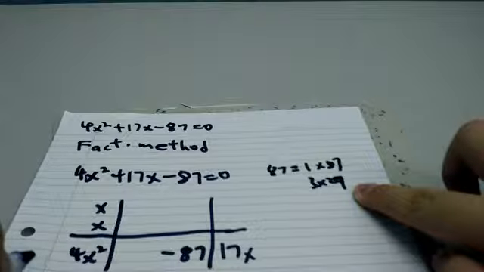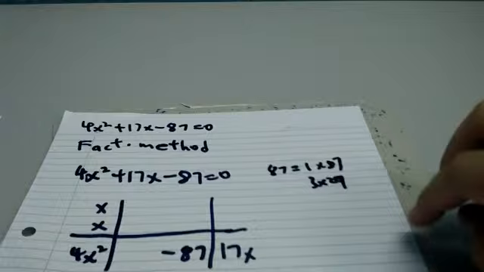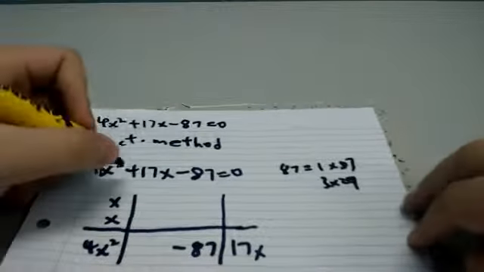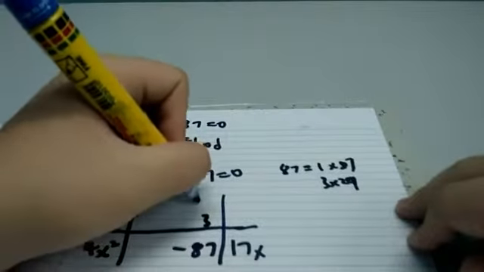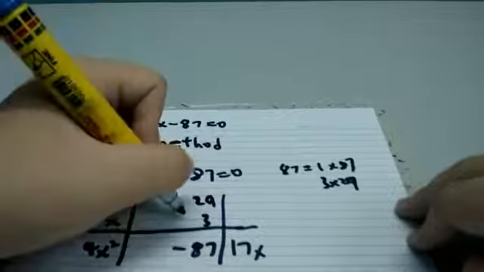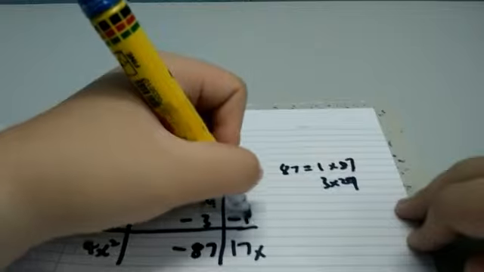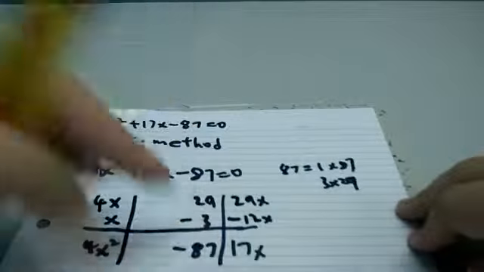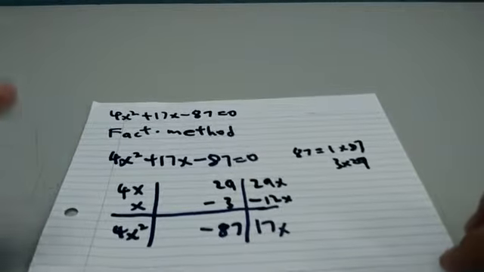So after using some hard calculation, which I do in my mind, I can realize that I need 4 right here, and then I have 3, and then I have 29. Well, I need to put this negative right here, because when I cross multiply, we will get negative 12x, and then we will have 29x, which will give 17x, because 29x minus 12x is 17x. So we have done factorizing the